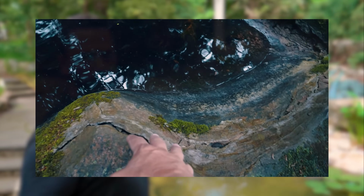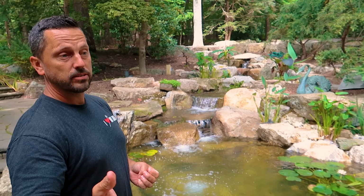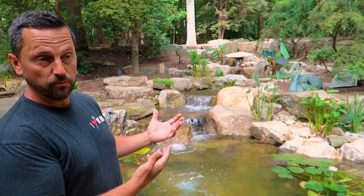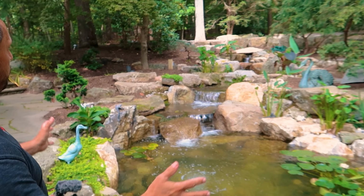We couldn't just seal it up. There is no sealing it up with concrete. And they obviously enjoyed it for 30 years. Yeah, so her father passed away. She ended up getting the house, and she's like, I want the pond to work again, because she hadn't seen it work in years. So we went in, and this was a difficult job, because you can see we're surrounded